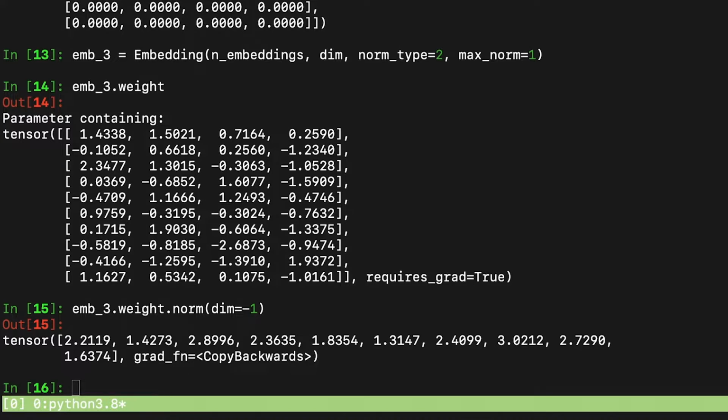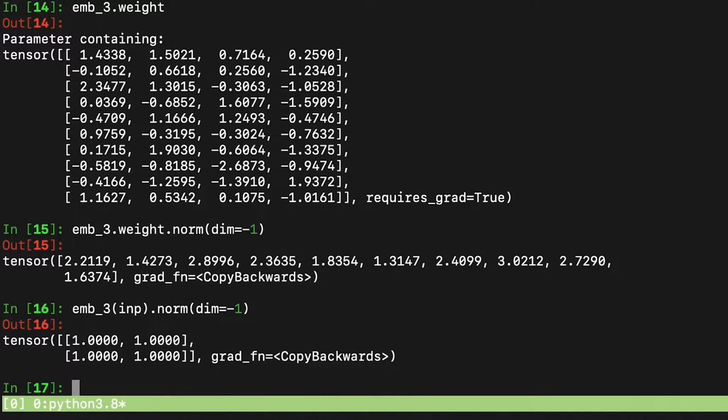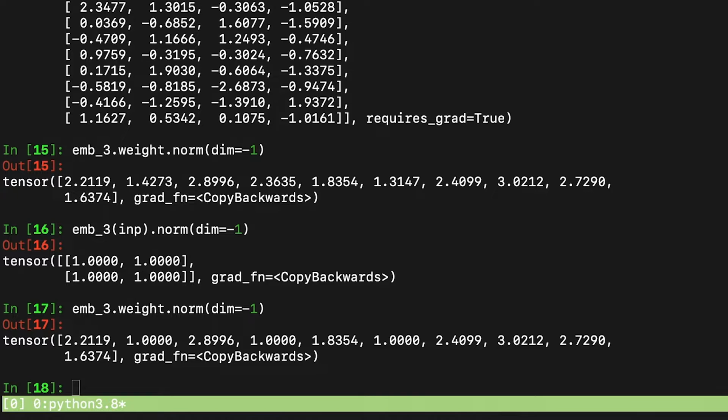I was surprised too when I saw this behavior, and it seems like one needs to first run the forward pass for the normalization to be applied. We see that the normalization was done. And also it was done in place for the weight matrix, however, only for the rows we queried during the forward pass. Anyway, I would say that the goal of setting the maximum norm is regularization and scaling.